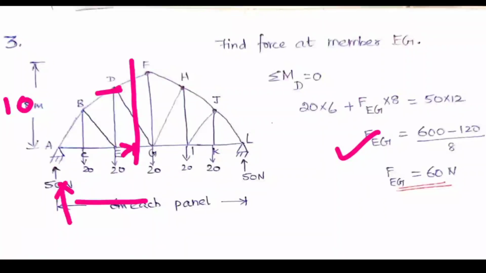So you practice more problems with this method of sections, because in the exam this method will be useful for you. So don't get upset by seeing the diagram of the truss. Even though the diagram is bigger, in the question they will be asking a value for a maximum of 1 or 2 members only, so it will be easy for you to cut a section and find the answer with the simple 3 equations. Okay, so don't be afraid of this method of sections.